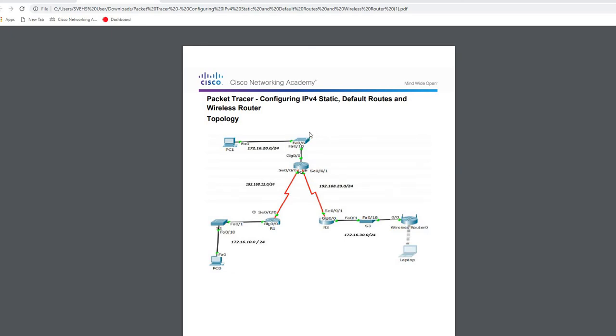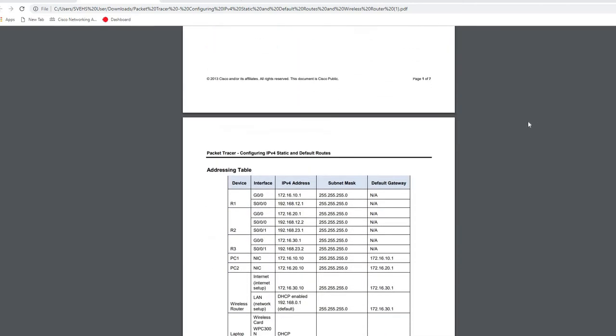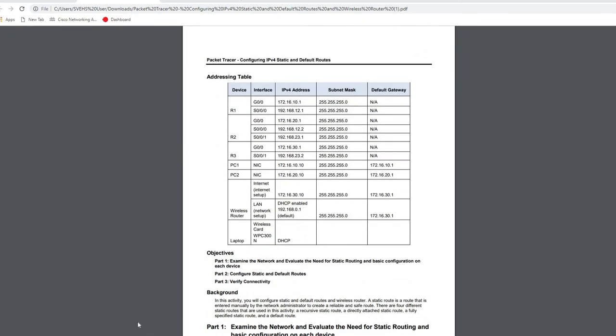Okay, so that's the lab: configuration of IPv4 static routes and default routes. And we now integrate the wireless router. So you can see in our topology, we have R1, R2, R3. And the wireless router is on the right hand side of this topology, which is a part of 172.16.30.0 network. The IP addresses which you will be using are over here